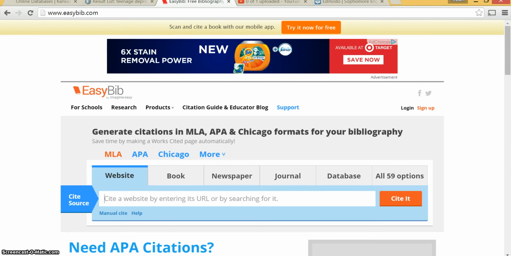Hello gang, the purpose of this particular video is to show you how to create a works cited entry using Easybib. In particular, you're going to create a works cited entry for a newspaper article that you accessed through a